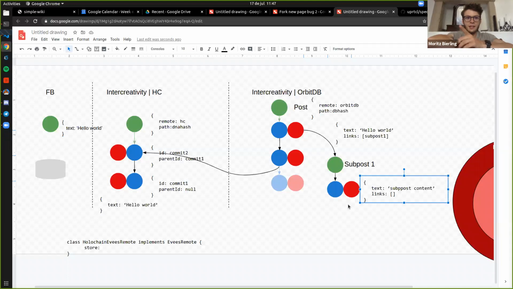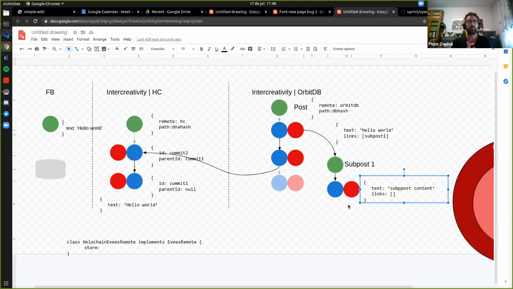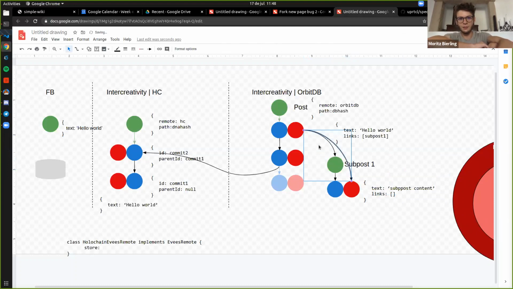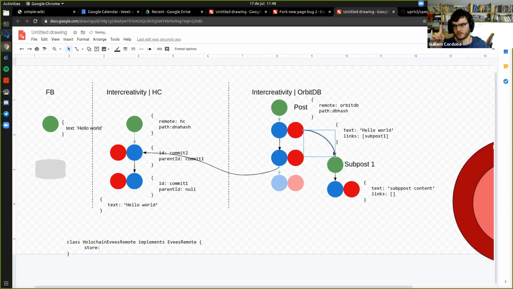The commit, yes, but if you just made the arrow go to the red dot, which itself would just be the actual content without the metadata, that would make it a commit. So that's what I'm saying: if I literally just reference the subpost content, then I can't actually reference it. I can reference it in the sense that I take that text, the content, into my space and say this is the starting point for me, but I'm not allowing a traversal back to the origin of it. You lose the version control.